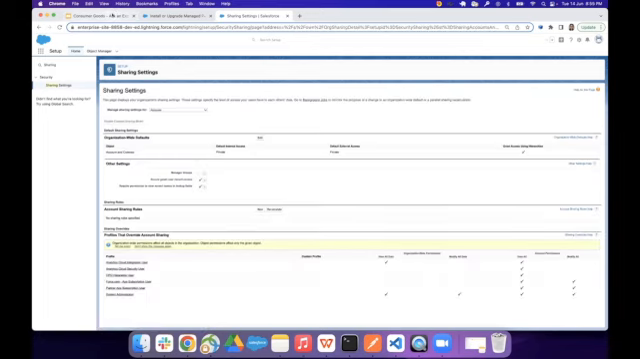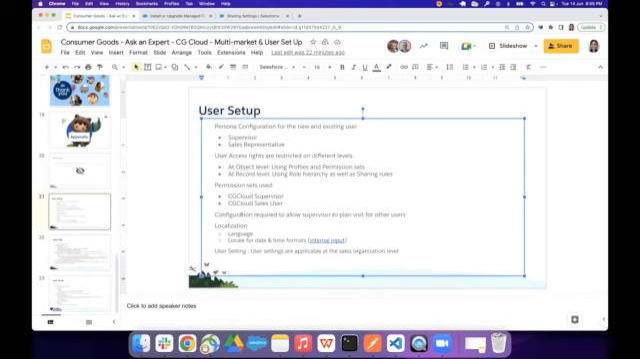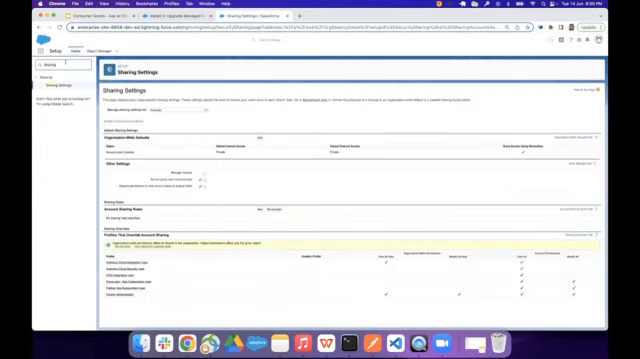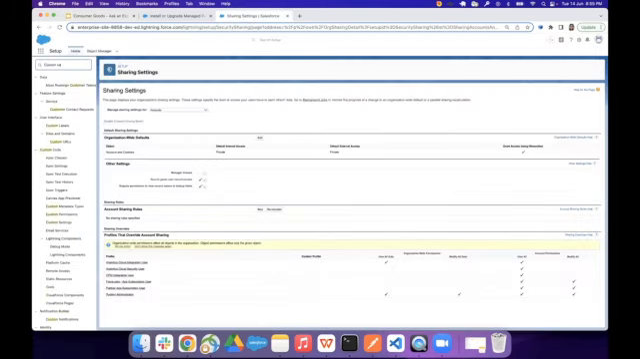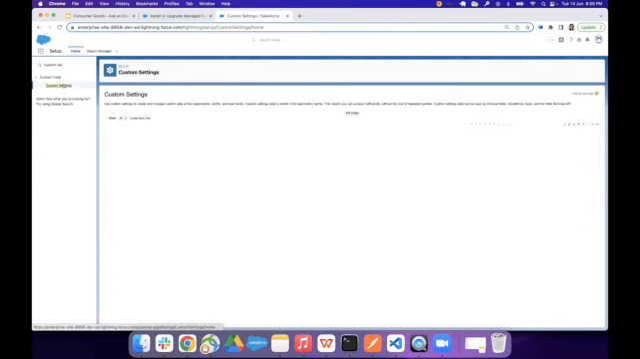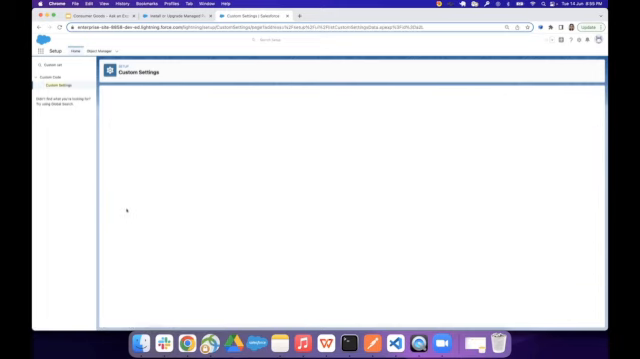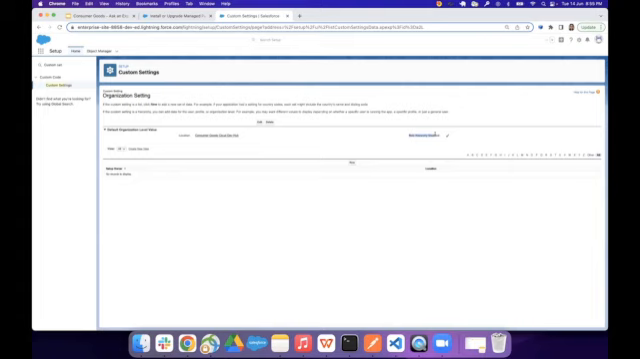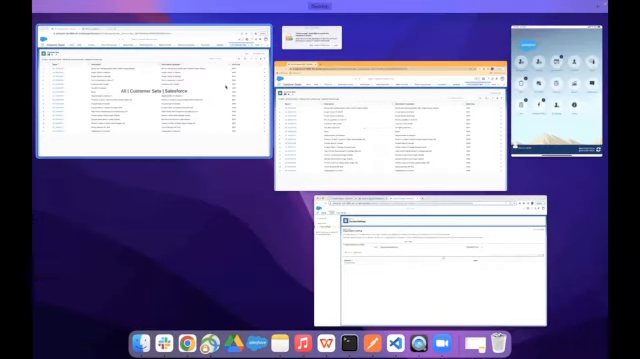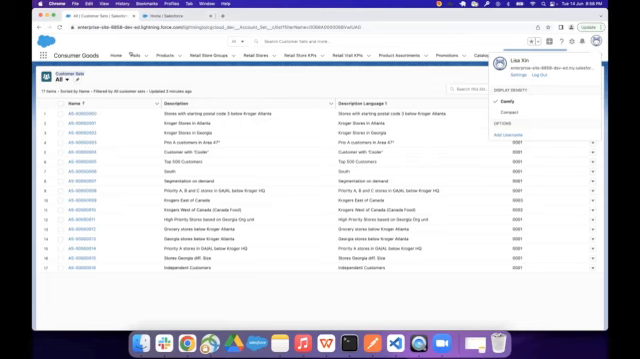Okay. So now coming back to the slide. Next point, the configuration required to allow the supervisor to plan visits for other users. So we need to set that in custom settings. Go to organization setting. Enable or disable the role hierarchy. In case we enable the role hierarchy, Lisa Zane can